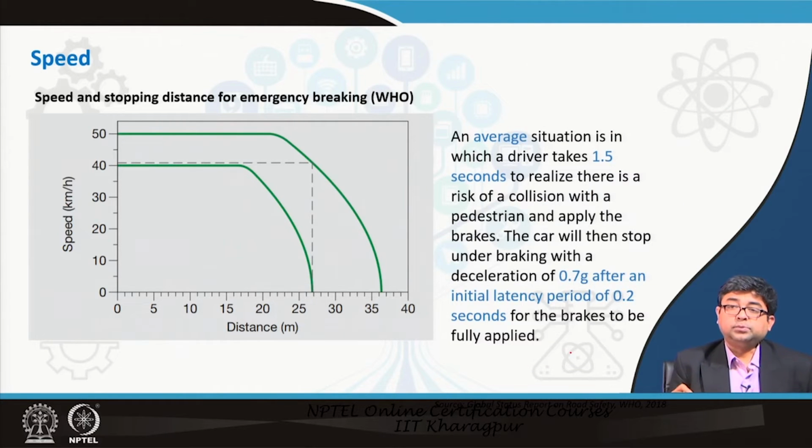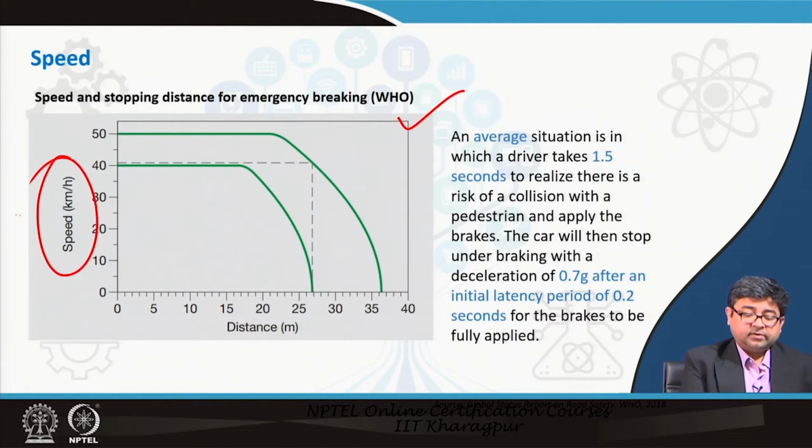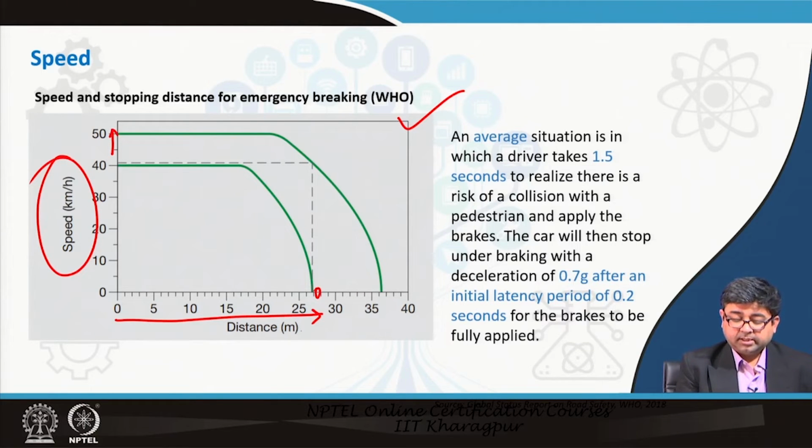This is another chart which tries to explain the stopping distance, how a motor vehicle can brake depending upon what speed he or she is traveling at. So, if somebody is traveling at 40 kilometers per hour, he or she can brake within 26 or 27 meters from the point where he or she is. Whereas, if the speed increases and somebody is traveling at 50 kilometers per hour, that stopping distance increases by almost